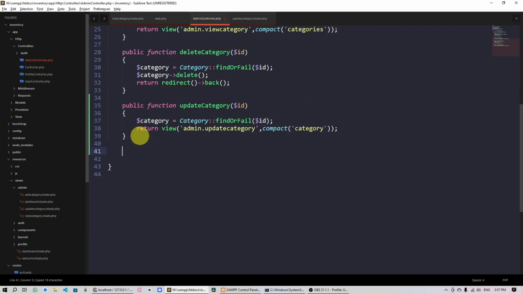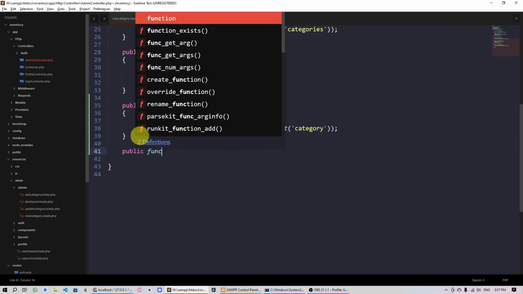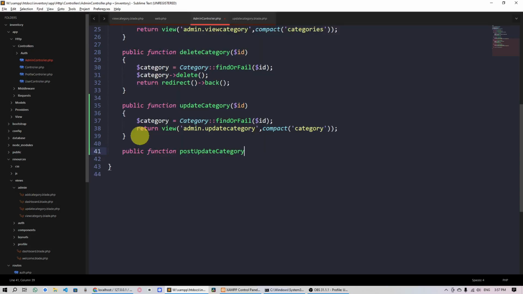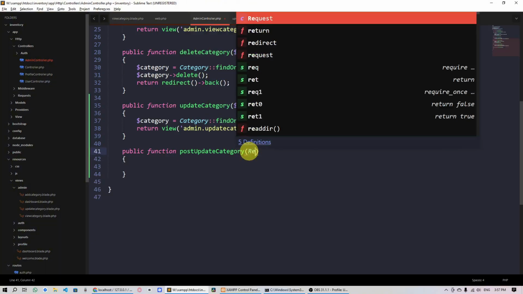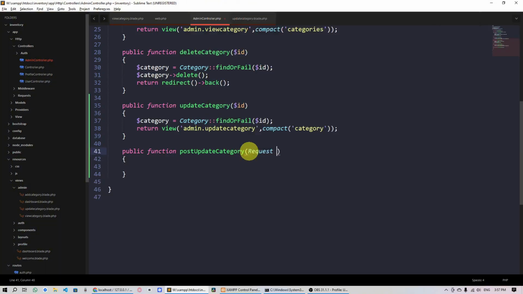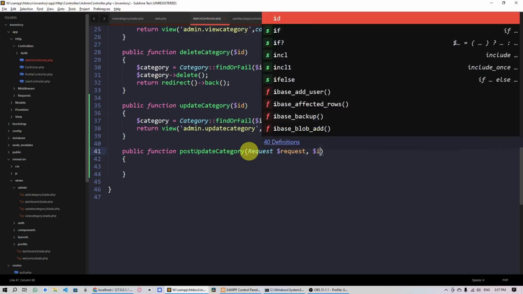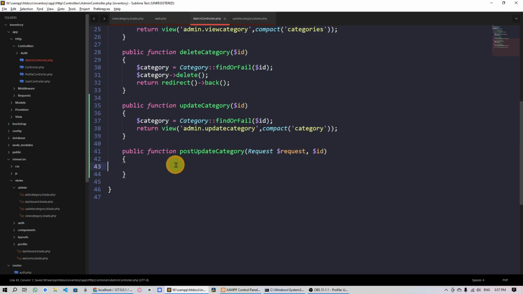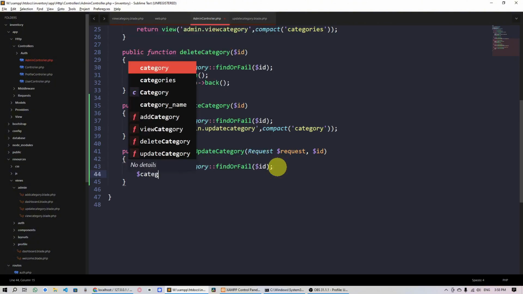Let's go here. I'll say public function name. Here we have to pass a request because we have a form also. Then $request, comma, we have an ID also, right? So ID. So here at first we'll find through the ID. So let's copy this, paste it here. So we are going to find the specific category through the ID, and we are going to now update it. So category,